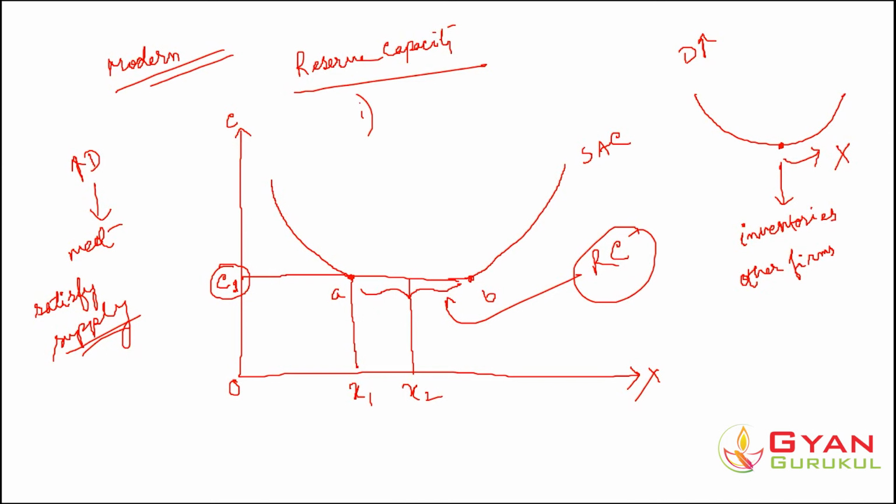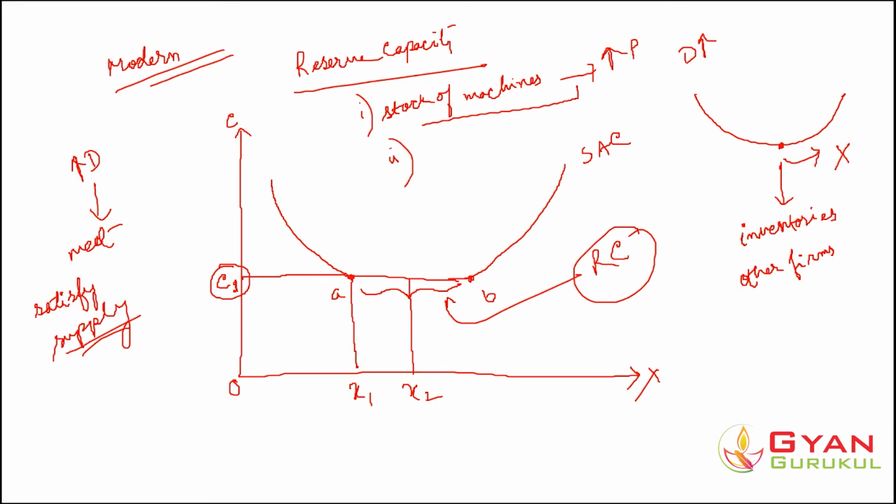First, let's say the firm keeps some stock of particular machines which are very difficult to get in the short term. You cannot suddenly buy those machines. It takes time, right? So what could the firm do? The firm could stock certain machines in its inventory, and when the demand suddenly rises in the short run, it could use these machines and increase its production, right? That could be one thing.